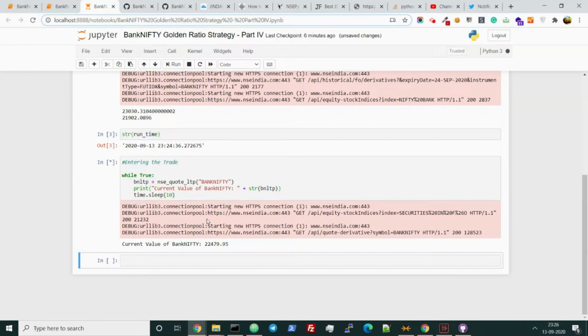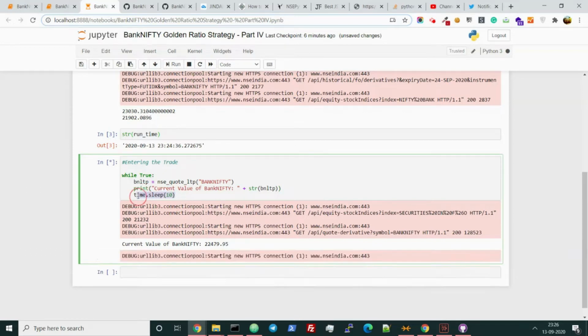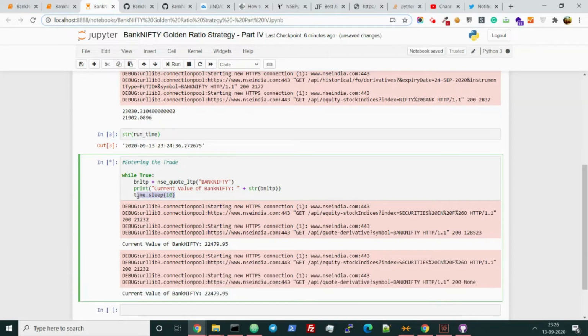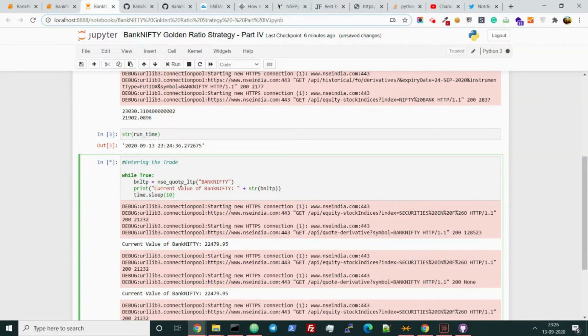and see if it is running from there. Now when we are shifting this to the API data of the broker, we'll remove this function and it will run concurrently. And we can also check from the WSS, WebSockets. But right now if you do time sleep 10, which is checking every 10 seconds, the NSE will block your IP because they only allow data fetching within 10 minutes. It is actually illegal to take the data from the NSE. Okay, I'm just blocking it. It is working properly, so that's what I wanted to show.